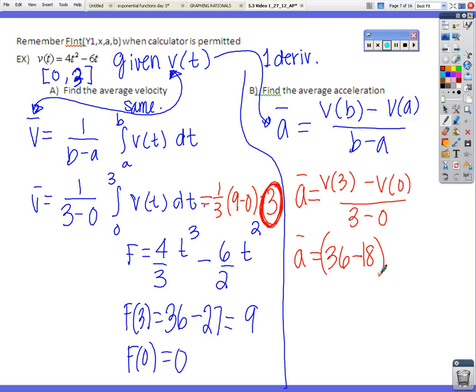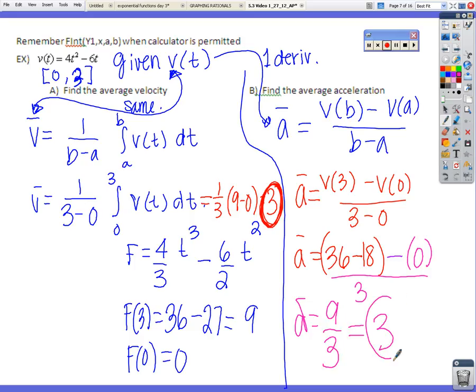So that's v of 3 minus v of 0 all over 3. So 36 minus 18 is 18, wait, 18 divided by 3 gives me 6